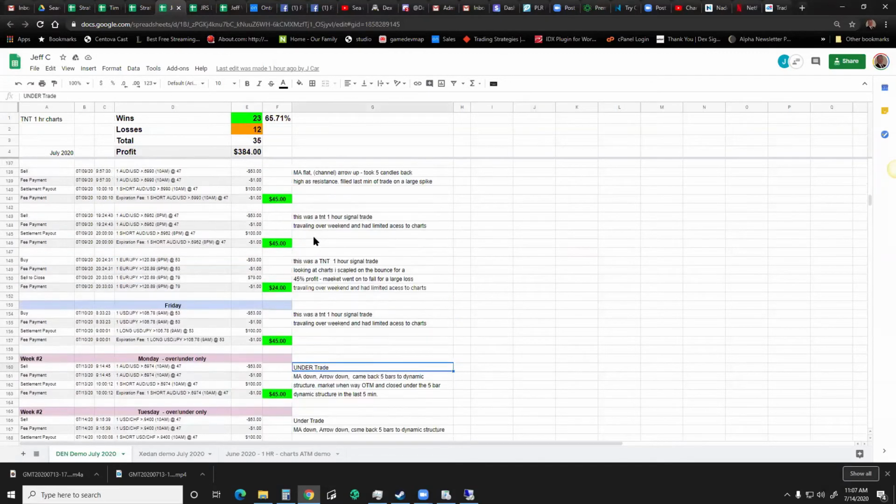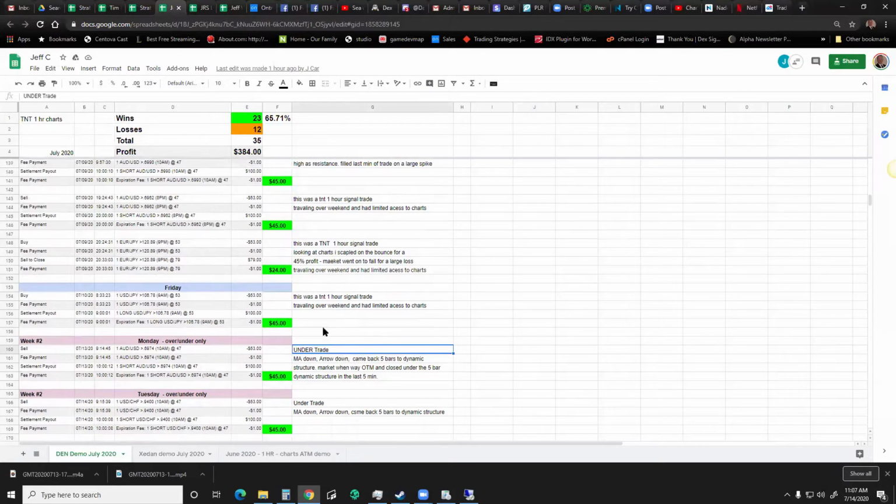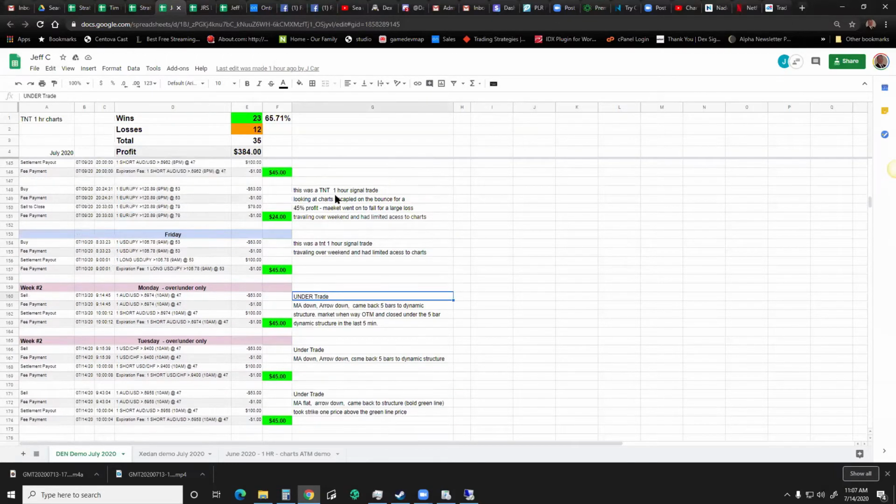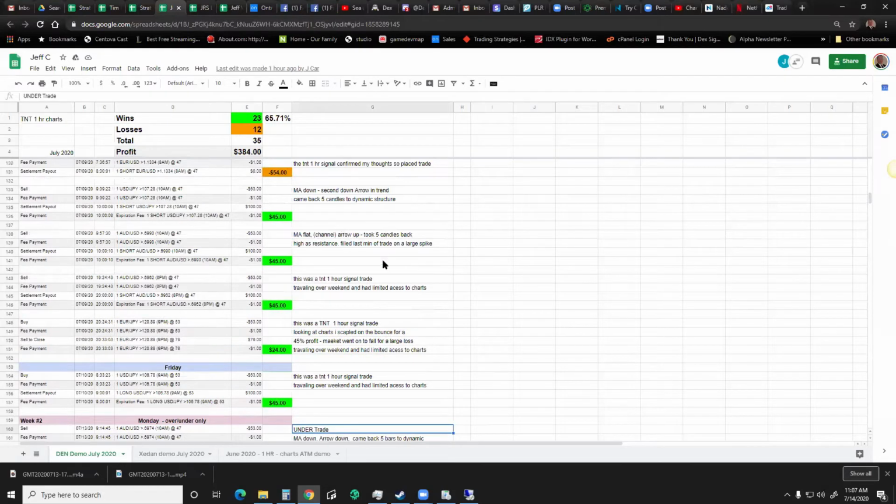Lots of detail, lots of information. This is a good way, a great way to handle your trading style. This is going to tell you if things do go wrong, how many times you do an under trade and it comes in successfully, how many times you should do the first over, or what have you. He even says how many candles it came back. He's watching it. He's learning from it.